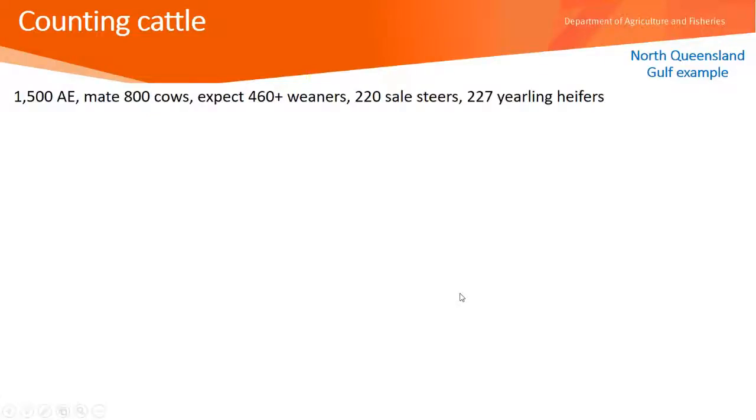Now, let's count some cattle on our North Queensland Gulf example. Normally about 1,500 adult equivalents run around in this herd, probably up to 1,800, 2,000 at times, but normally about 1,500. Normally about 800 cows, expect 460 or so weaners out of those cows. There's 220 sale steers go each year normally, and we normally have a bit over 220 yearling heifers coming into